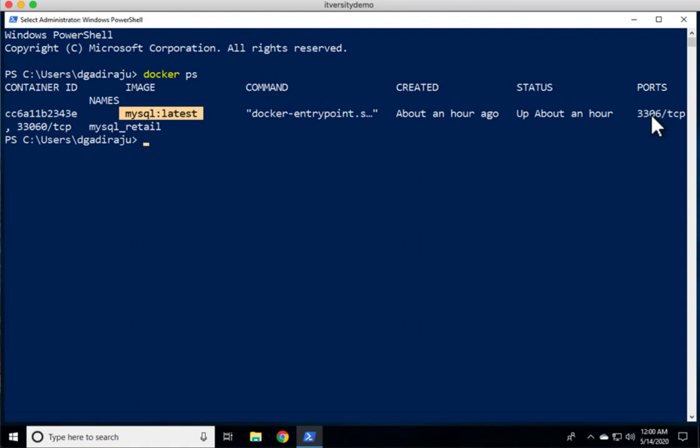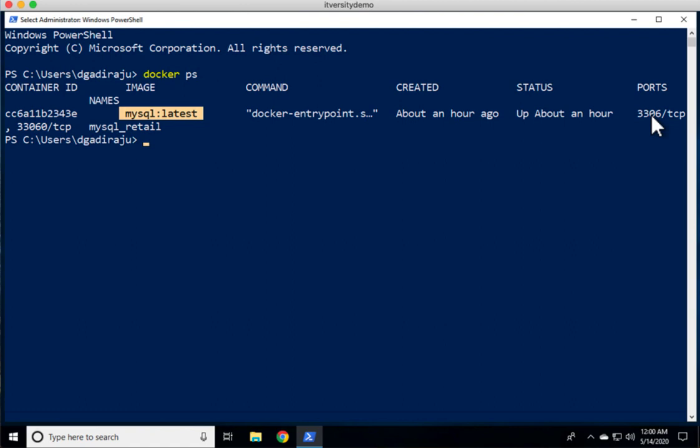However, the port is not bound to any port on the host, and hence we will not be able to connect to the database using any external tools such as SQL Workbench. SQL Workbench needs to have a connector, and it also needs to be able to talk to the database service that is running as part of the container using the port. As port binding was not taken care of while creating this container, it will not work.